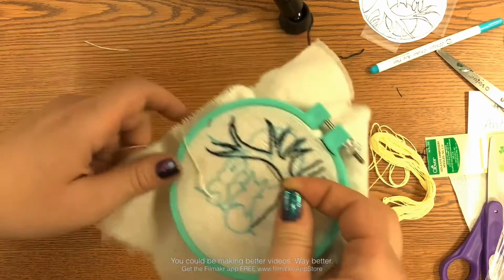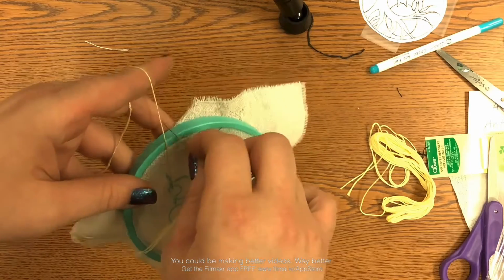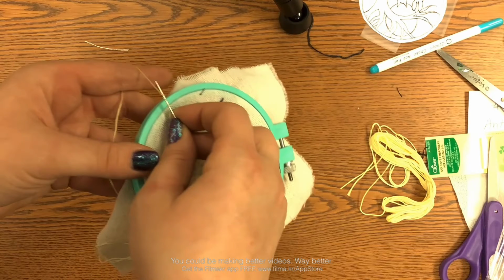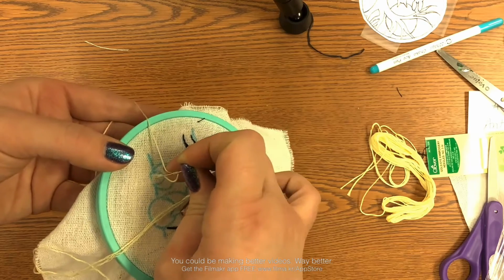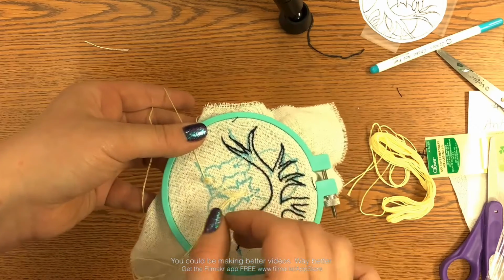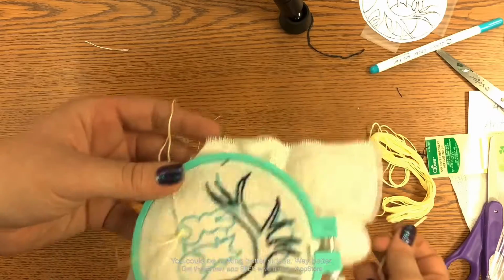Here I'm doing this in a slightly weird way, but that's only because I was trying to show the camera what I was doing. It's actually easier to put your project down and wrap your needle with the hand that's holding the hoop. Then once you wrap the thread around the needle, you try and hold the string not super taut, but just so that it's not loose, and insert the needle into the fabric and then start pulling